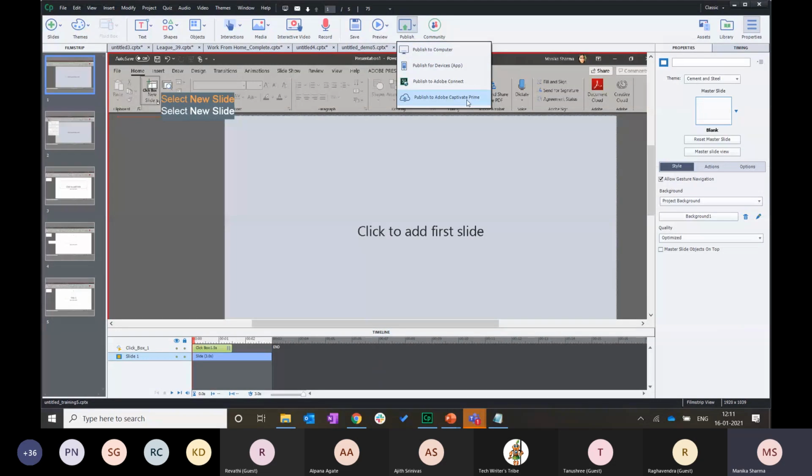And then we do have Adobe Captivate Prime, which is our learning management system. So if you do not have access to an LMS at present, and if you would like to explore one, you can get in touch with us and we'll guide you with Adobe Captivate Prime as well. Apart from this,